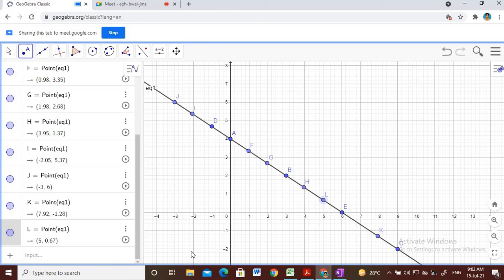How are you getting these points? From the given equation, you will get some solutions. Those solutions are actually points. So that is why a linear equation in 2 variables or in 3 variables, whatever it is, linear means you will get a line, a straight line. So this is a way, students.